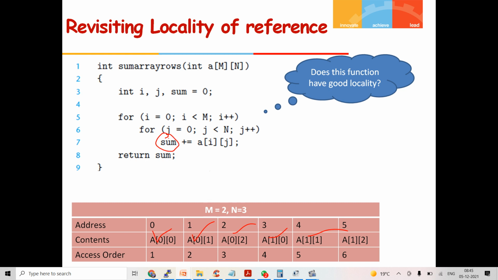This is going to have a good temporal locality because it is going to be repeated. These locations are not all accessed every time, but the 6 locations are accessed one after the other. So the stride between them is only 1. Therefore, this is going to have good spatial locality. So this particular code is good for our operations.